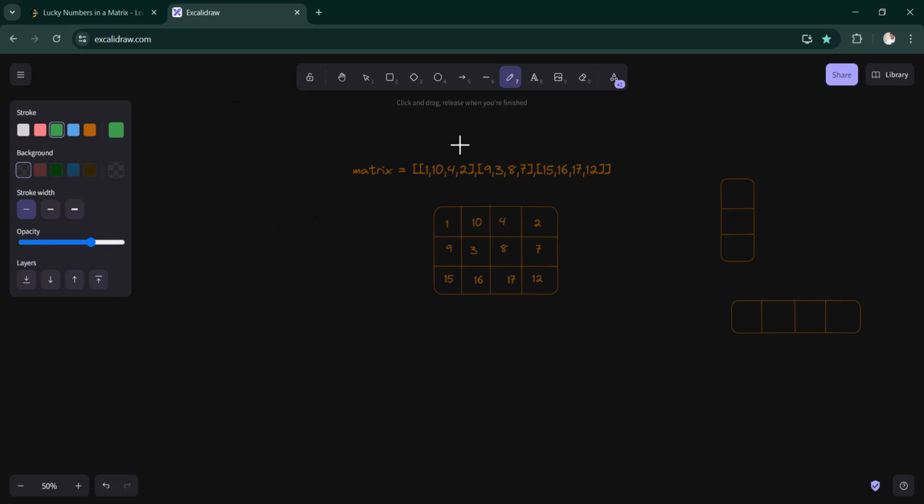If we look at this example, for the first row the minimum number is 1. Is it greater in its column? No. Then we have 10, which is not the smallest in its row. Then we check 3. 3 is the smallest in this row, but is it greatest in its column? No, it is not. Then we consider 12. 12 is smallest in its row and greatest in its column, so yes,